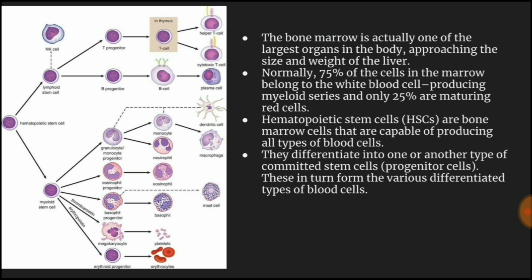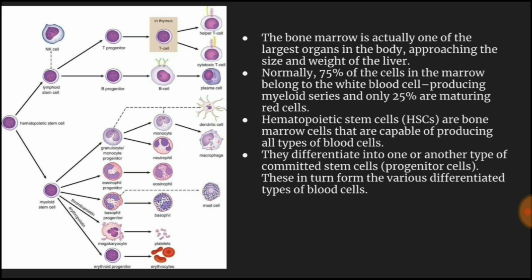So the majority of the cells that are produced from the bone marrow are WBCs. You'll be seeing the different WBCs that are formed, in granular and agranular cells, in the upcoming classes. Next, moving to the hematopoietic stem cells, which are the bone marrow cells capable of producing the blood